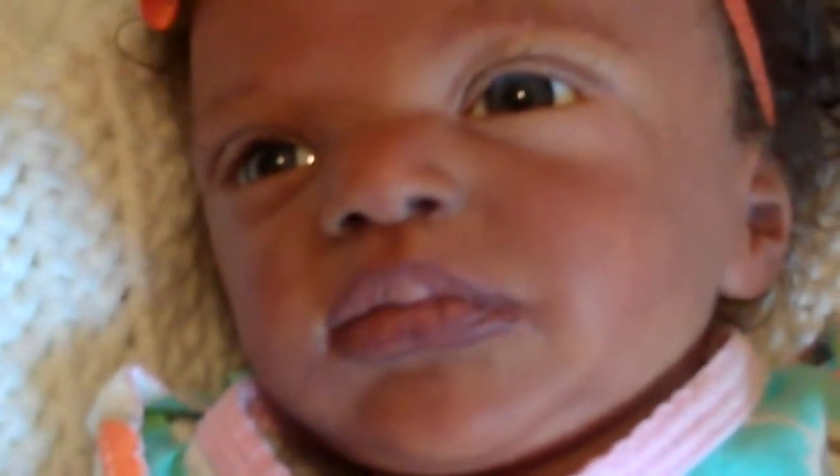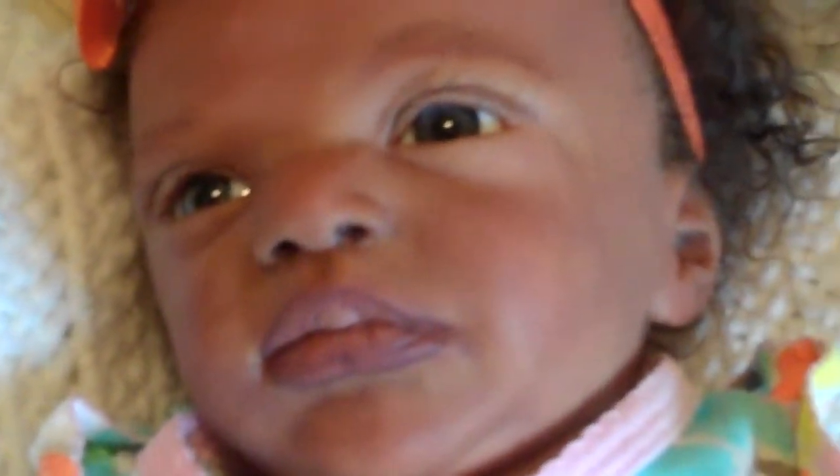Oh, I have to show you another thing. I rooted eyebrows on her. Isn't that cool? So she has rooted eyebrows and rooted lashes. I think her lashes need a bit of a trim. I was going to say a hair of a trim, but that would have been...